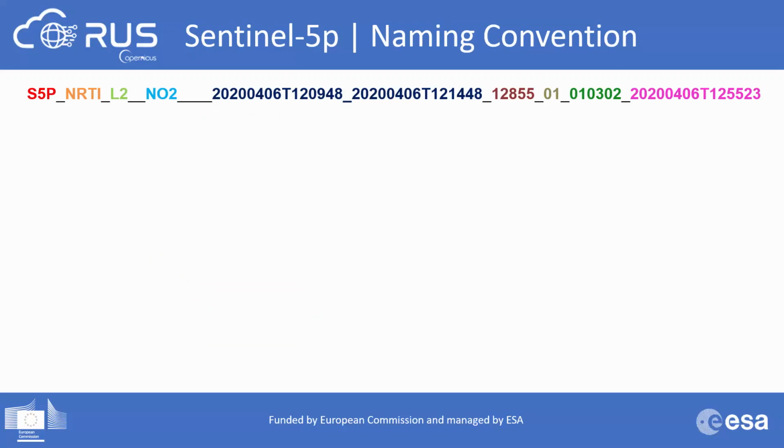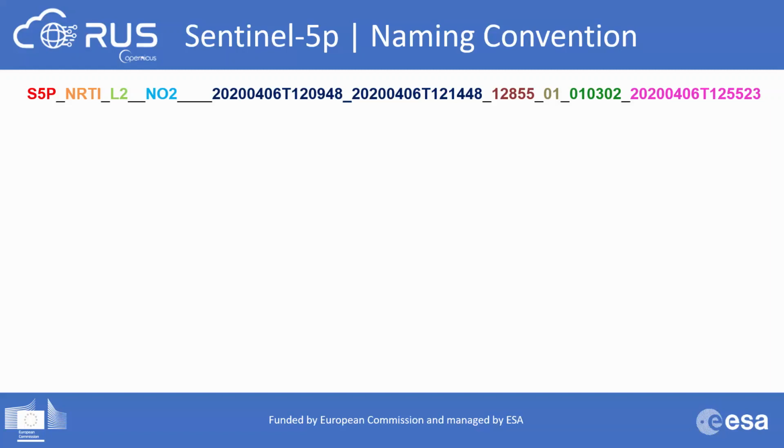And now let me give you a brief introduction about the naming convention used by Sentinel-5P. I can imagine that you are already familiar with Sentinel-1, Sentinel-2, or Sentinel-3 data, but maybe not with Sentinel-5P, or maybe it's the first time you are working with Copernicus data. You have to know that in the Copernicus environment, all the Sentinel products follow a standard naming convention. And the names of the products are actually very important since they already contain information that can be used to process your data. So here I have one product, a level 2 NO2 product,